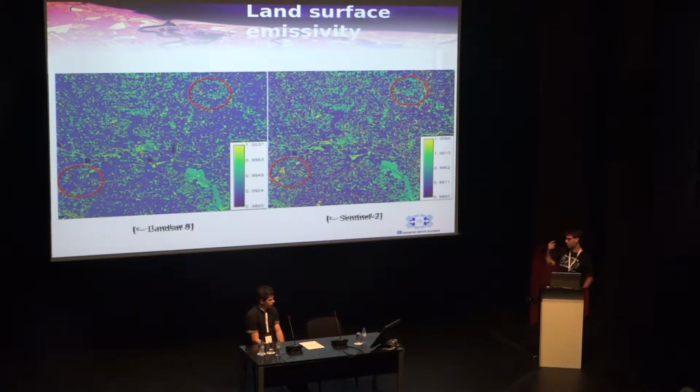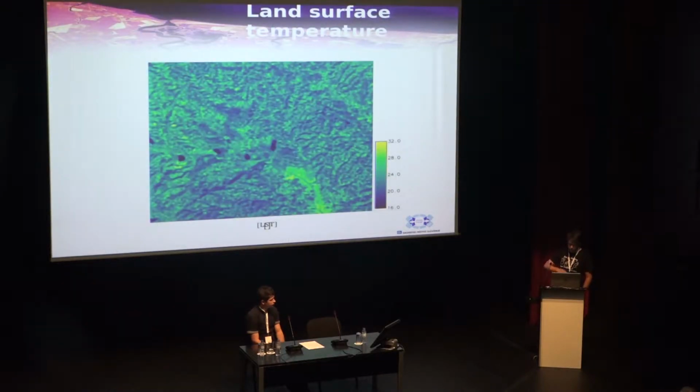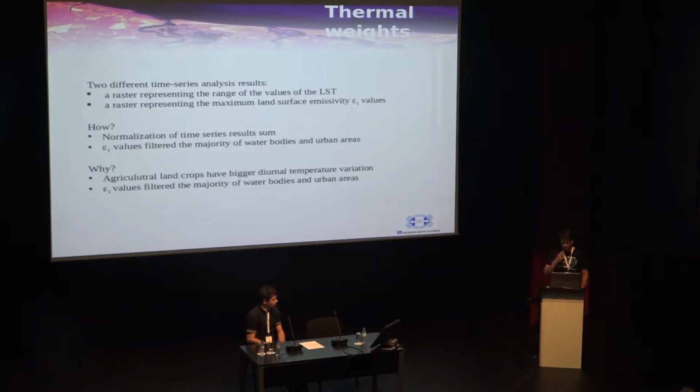But after, when we combine it with the thermal data, the difference is quite clear. So this is the land surface temperature that is derived from it, from the originally 100-meter resampled thermal band from Landsat 8. And after that, we developed the thermal weights, which for us just means that we used the thermal factors to weight our results. So in this case, we were talking about time series that deal with grasslands and